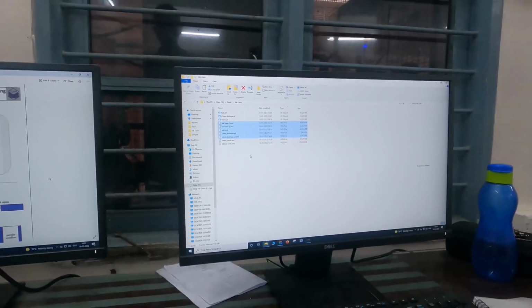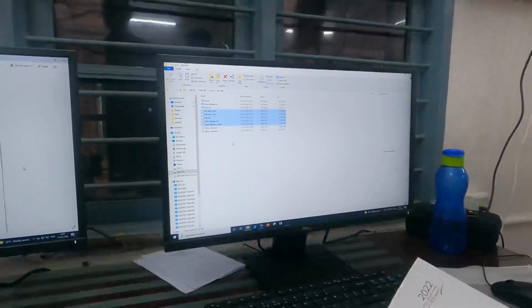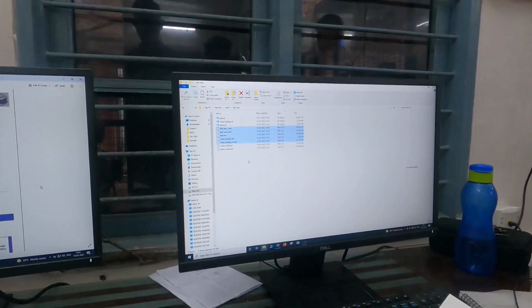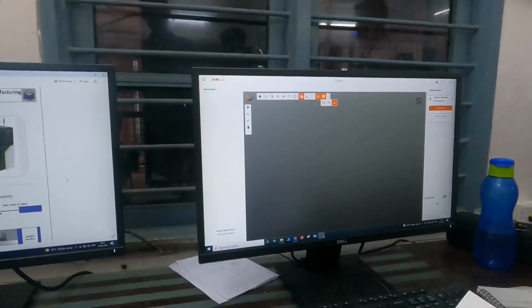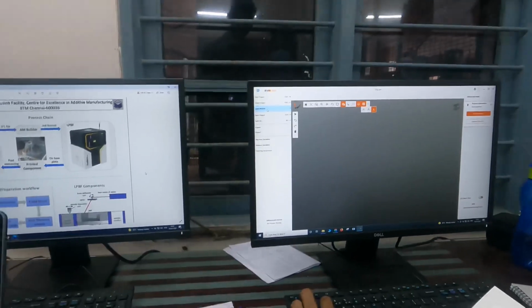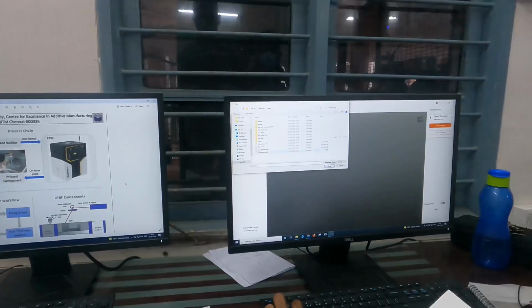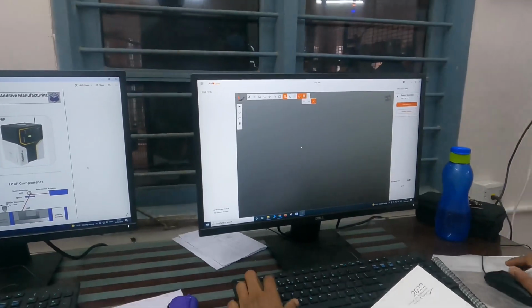Okay. So what Basil was trying to say here is, suppose you have overhanging features, these features should be supported. Otherwise what happens, we are creating a layer of say 40 micron thick weld pool, isn't it? So if you don't give support, the weld pool may collapse.